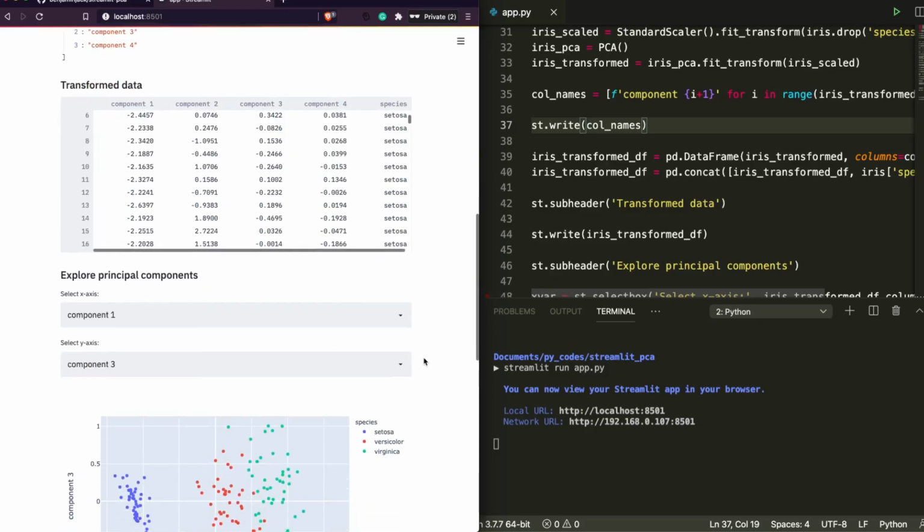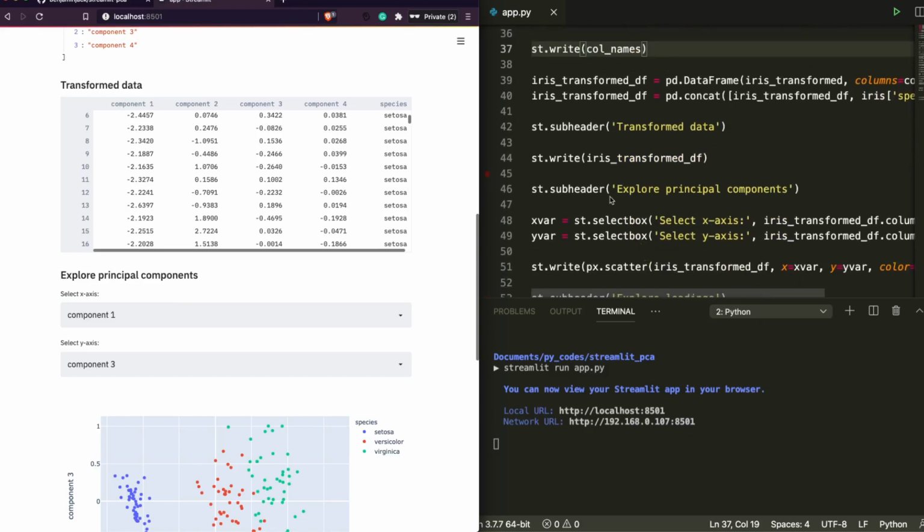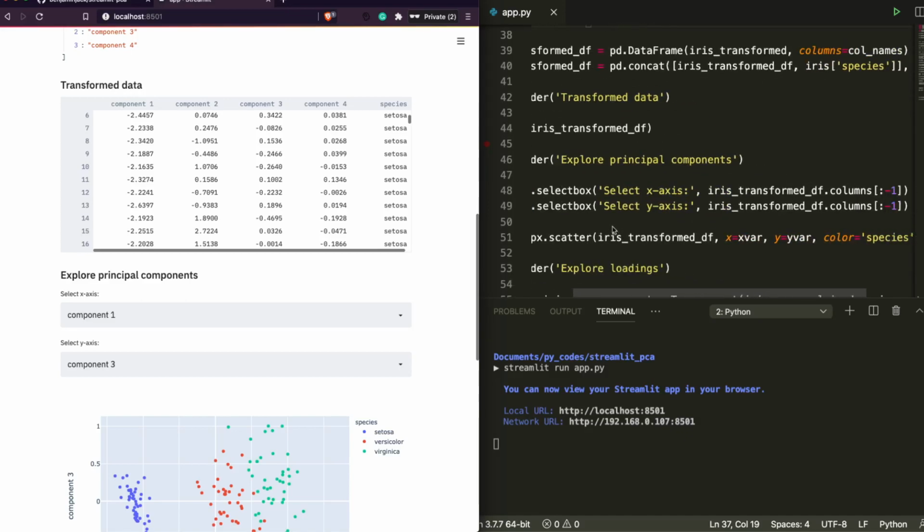After we do that, now it's time for us to write UI components to explore the principal components. The UI components are very simple. You have a title, explore principal component, and then you have x variable and your y variable.